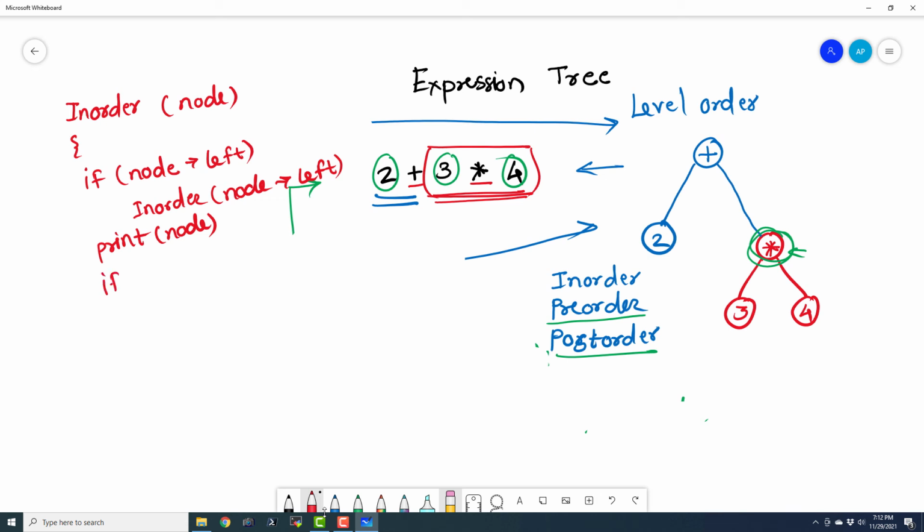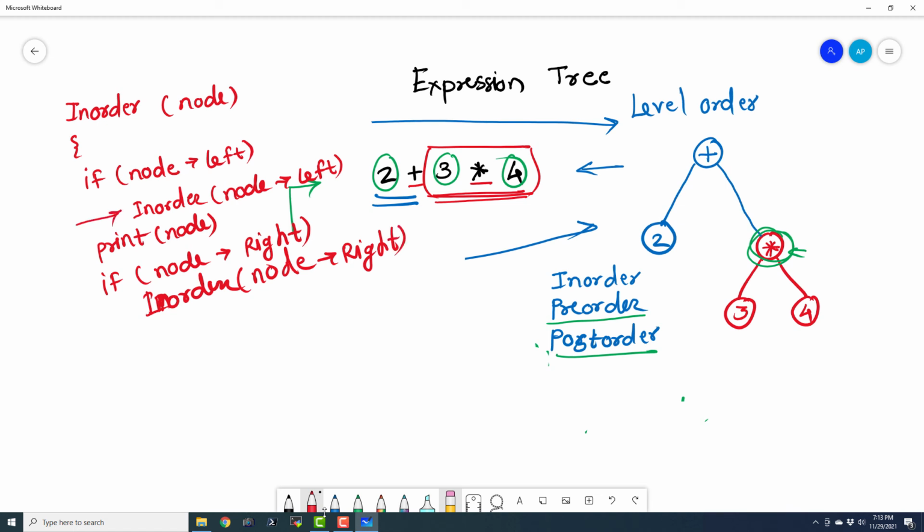Finally, if node right, in order of node, in order node right. So this is how we can write the in order, and these are the recursive calls.